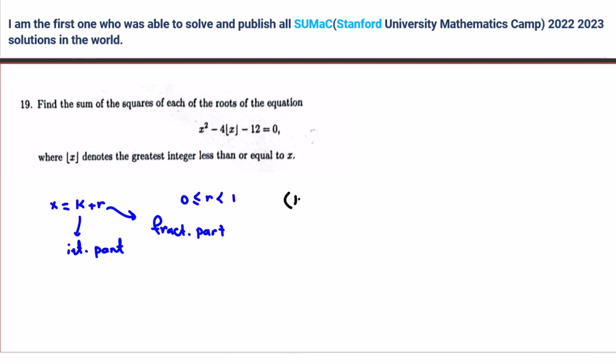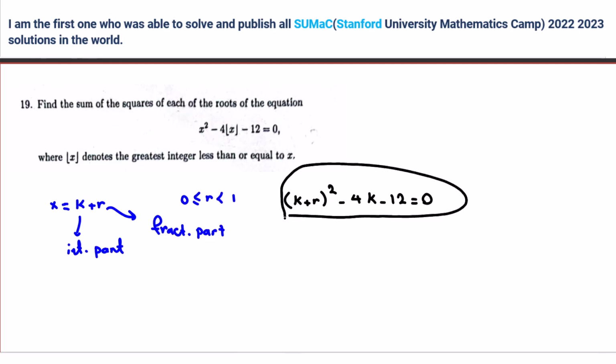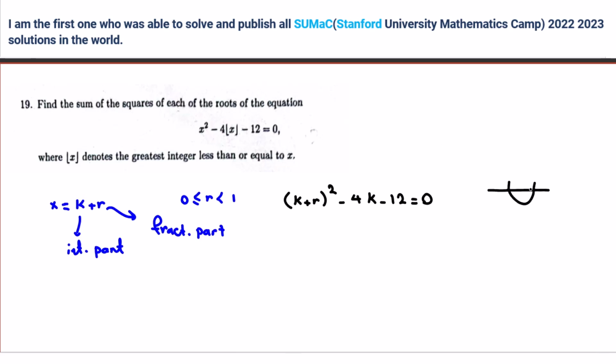k plus r squared minus 4k plus r minus 12, so r squared minus 4. k minus 12 is 0, right? Then do you agree it is a quadratic equation in terms of r? Yeah. And does it open up or open down? Up. So if you find the roots,